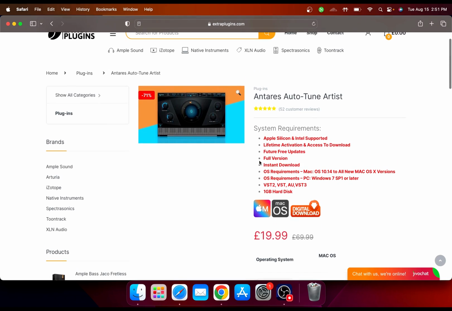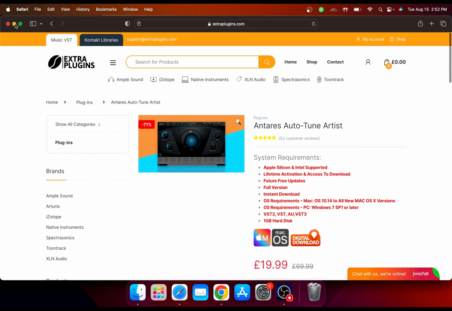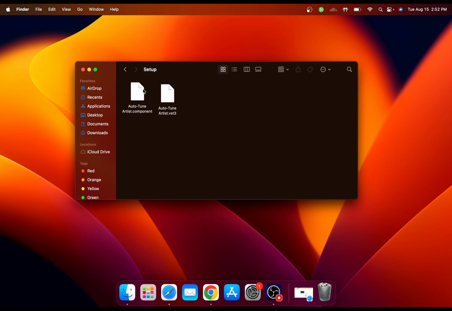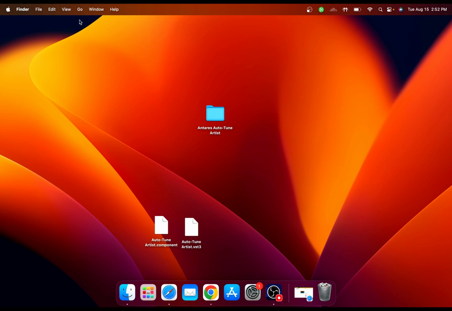So once you got the Auto-Tune from here, you're gonna get these files. Open and go to the setup. These are the Auto-Tune Artist, and this is the license as well, included. So all you need to do is just drag and drop these files into your desktop, just like that. And now you have to go